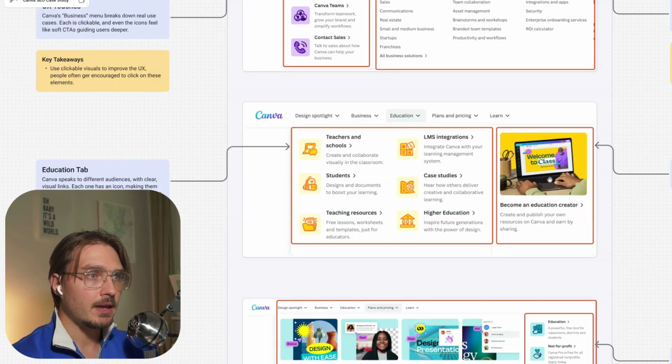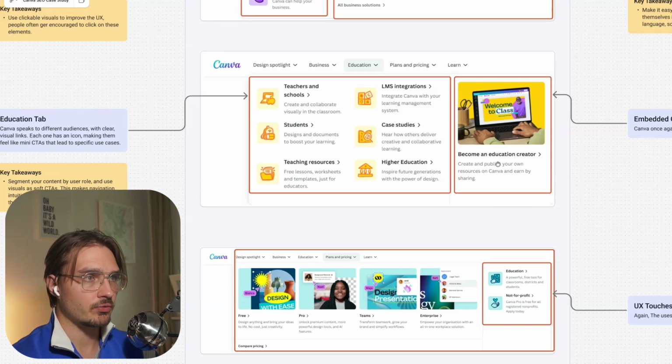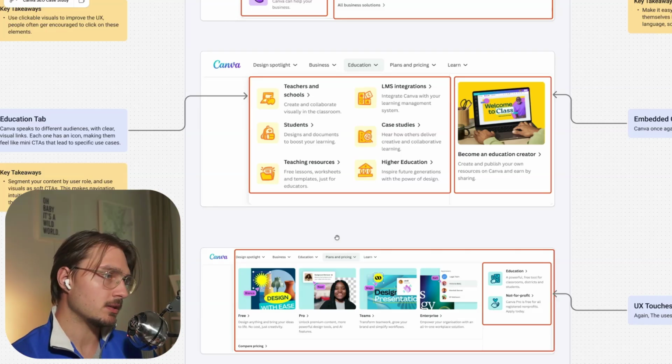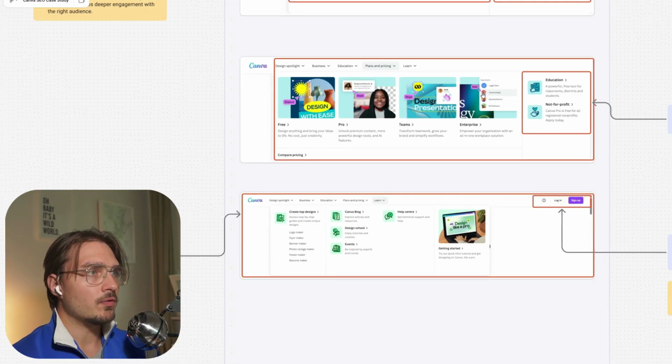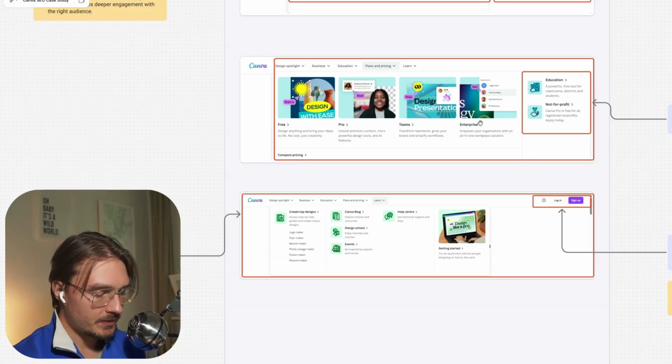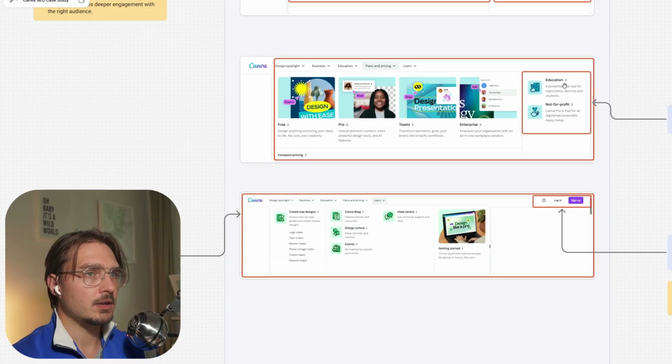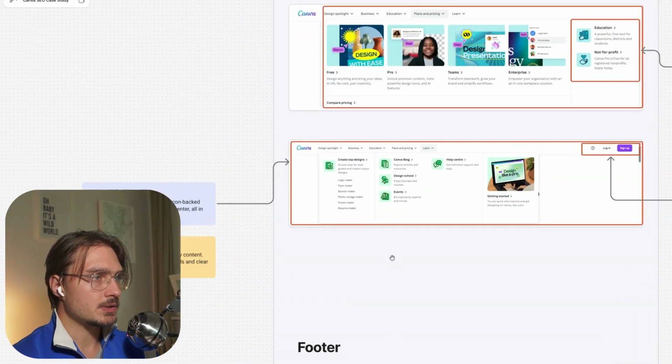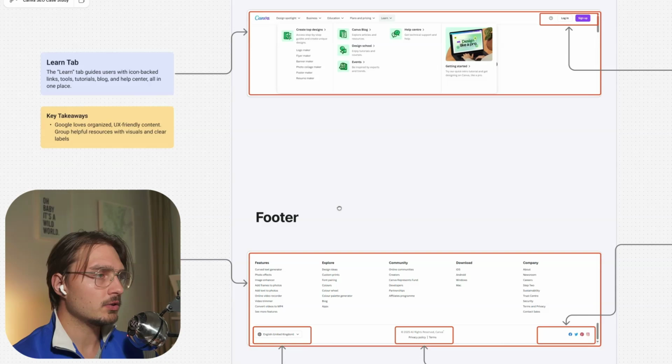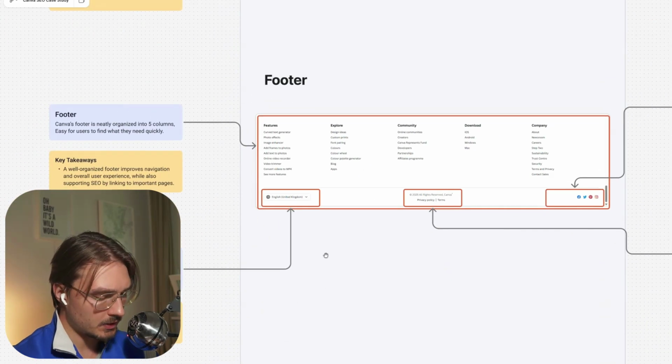Students, they use the backpack, and they also embed the CTA when it's relevant, because here we are talking about becoming an education creator. Why not feature a CTA over here instead of making people find this out in other pages? It's a perfect location for this, and they embedded a CTA in the nav menu. Similar thing over here in the plans and pricing. They make it quite big here: the free plan, the pro plan, the teams, the enterprise, so the user experience is easy, the terminology is simple, and they also include visuals as soft CTAs. Learn Hub is quite similar, icons, simple terminology, but let's focus more on the footer